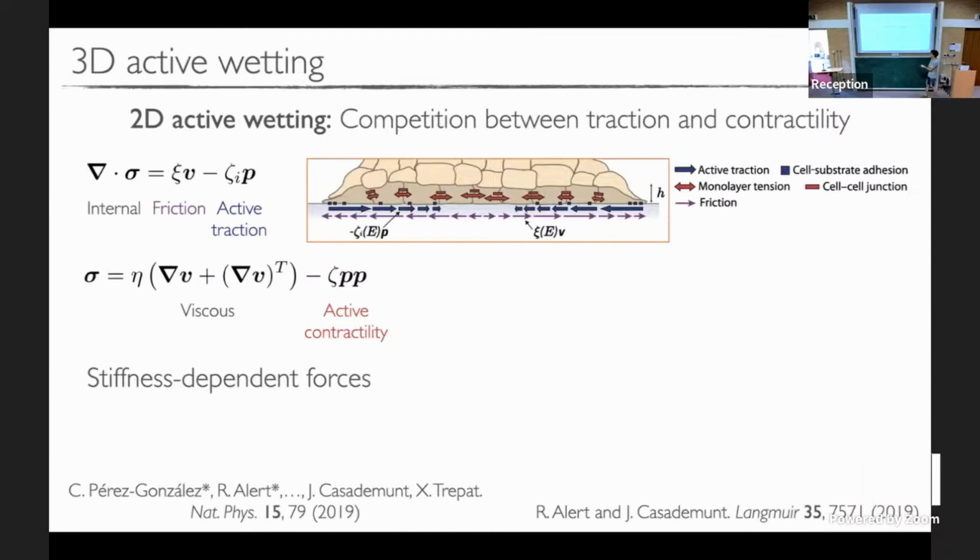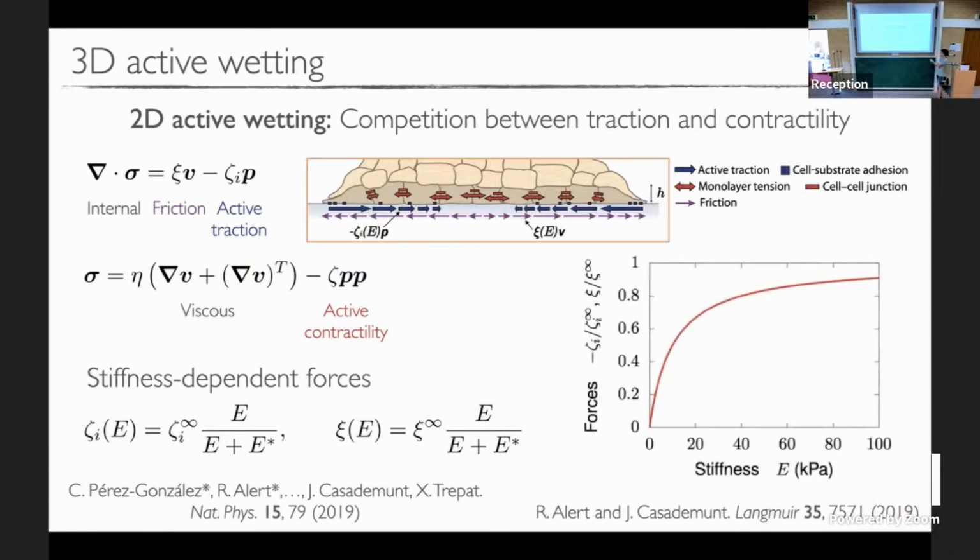Okay, so then the idea is to say these two parameters will depend on stiffness. Which functional form should we take? We based it on data, and the simplest functional form that was reproducing measurements of traction forces as a function of stiffness was this one here, which simply corresponds to a linear increase of the forces at low stiffnesses, and then eventually a saturation at high stiffnesses. And the saturation has to take place because cells cannot exert infinitely high forces if you go to very stiff substrate. Okay, so this is the simplest possible functional form that does the job, and it fits experimental data, as